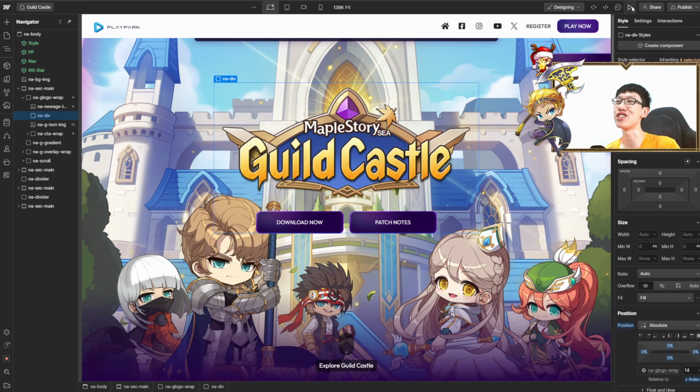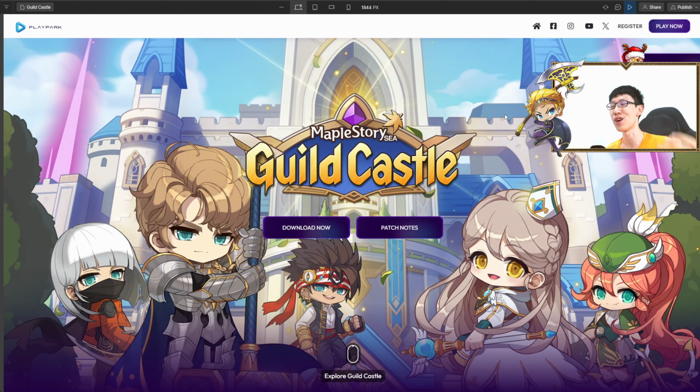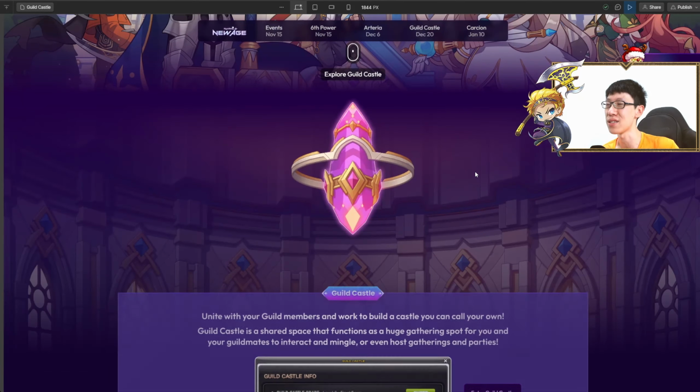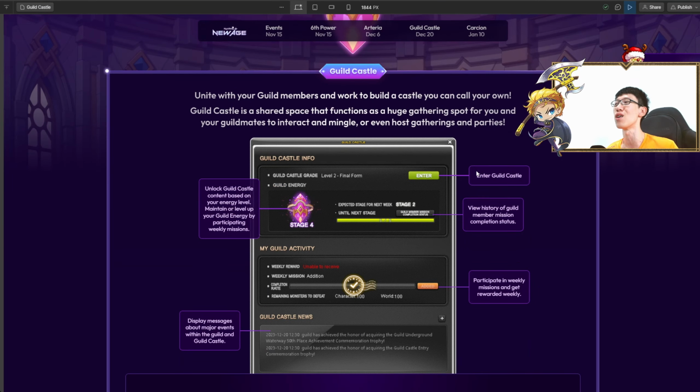So for those guys in GMS who already got the guild castle, I want to make a silent animation over here coming in where you come into the guild castle over here with all the illustrations over here. Main focus guild castle. Guild castle content, yeah, this is the one that I can use to explain over here what it is about. 6 job hexa, I cannot. Well, I'm gonna put it here, my guy. Hey, I'm not gonna waste my effort thinking about that, man.